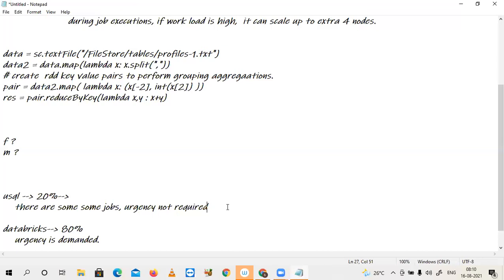Still some old, legacy clients are there. Maybe 2 years back they migrated into Azure. There are some jobs where urgency is not required, and they are continuing with USQL. But for all the jobs where urgency, meaning speed, is demanded, they go for Databricks only. Okay, did all of you get clarity about this?